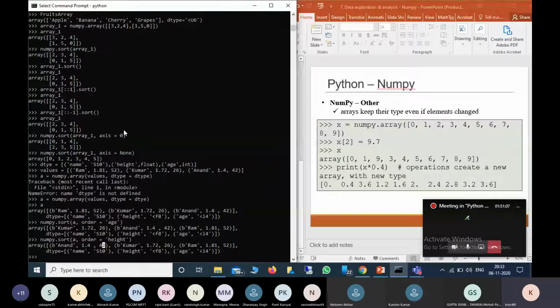One more thing we need to remember is, when we change the elements, they will keep the original type. For example, if all are integers and you give a float value, it will keep only the integer value. So for example, a equal to numpy dot array.